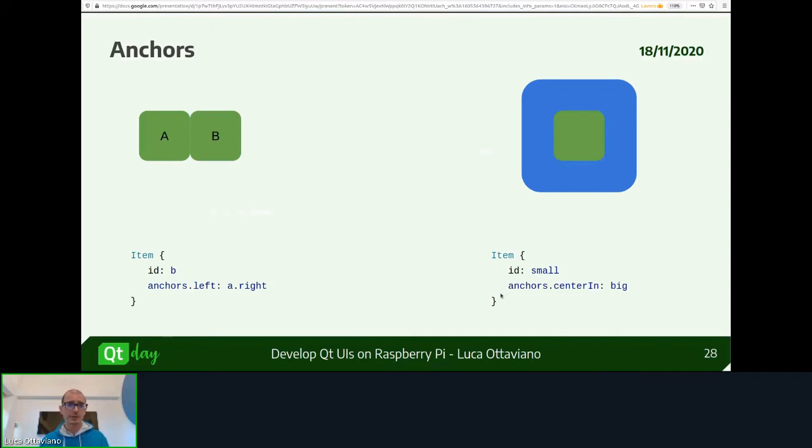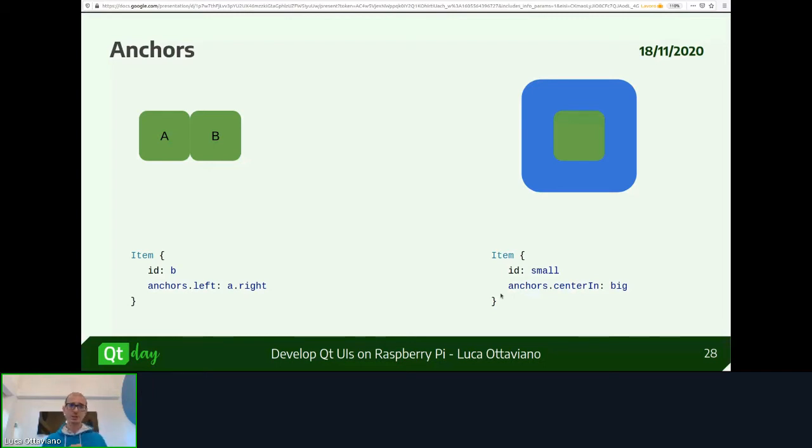So, for example, on the left we have a simple binding. Imagine you have two items, A and B. In this case, they are two rectangles, and you can position the element B,